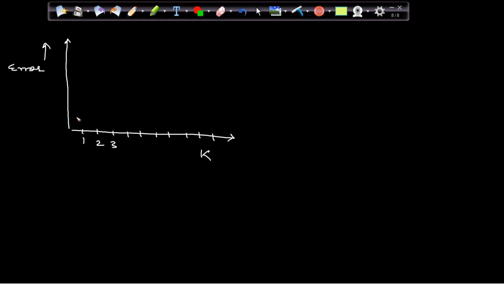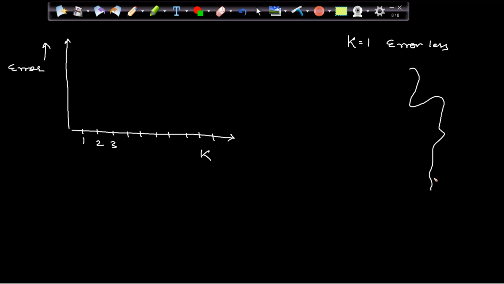Now, I will create a chart. The chart will get built where here I will have various values of k's, k 1, 2, 3, and so on. And here I will plot the error. Now, if you guys remember in the very initial classes, we discussed that when k is equal to 1, the error will be less. And obviously, this error will be less on the train data, right? Because we are overfitting the model.